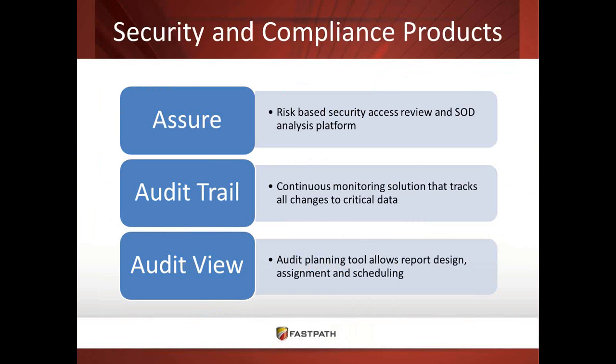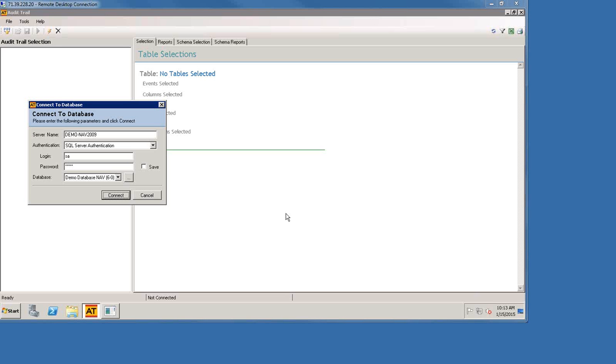And then finally, both Assure and Audit Trail each have their own sets of reports. Audit View is a tool that allows you to take those reports, design, assign, and schedule them so that you can have them automatically be delivered to the right people at the right time. So with the Assure and the Audit Trail reports, anybody can go in, as long as they have security, and run them on demand, print them, export them. We have 8 different file types for export. But if you want them scheduled to be automatically delivered so users don't have to go in there and run these reports all the time, you can do that with the Audit View tool. Okay, so with that being said, unless there's any questions that have come in during this time, I'm going to get right into the actual tools and start the demo.